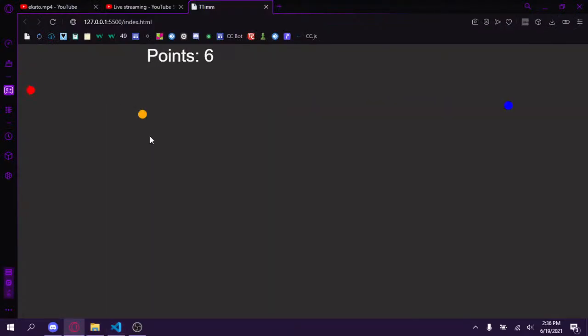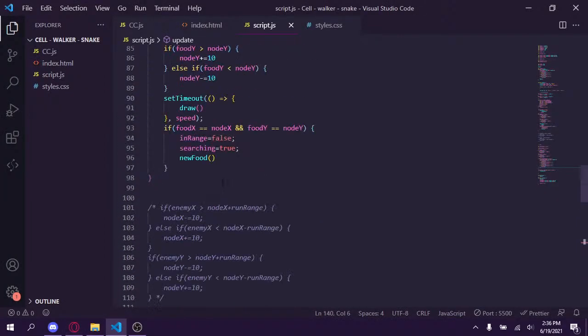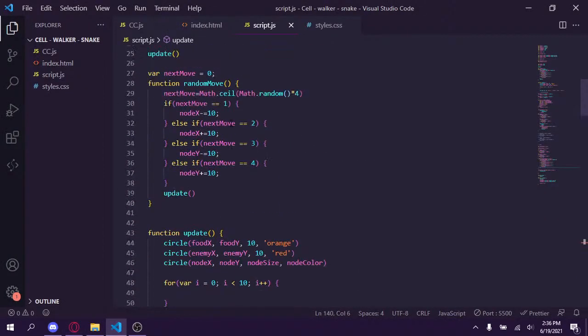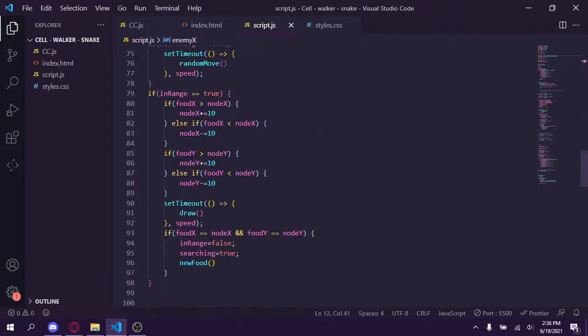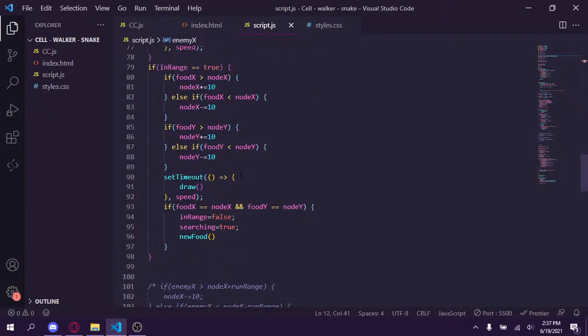So he's just got some randomness. Technically, there's no in range for him. There's only out of range. I also need to give him that handicap back right here, so it's 50. There you go. Let's see. So, now